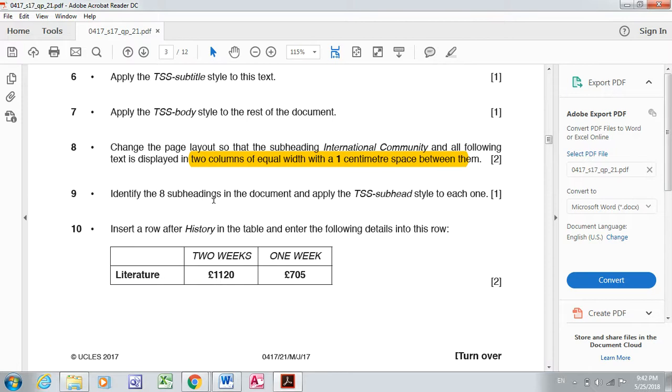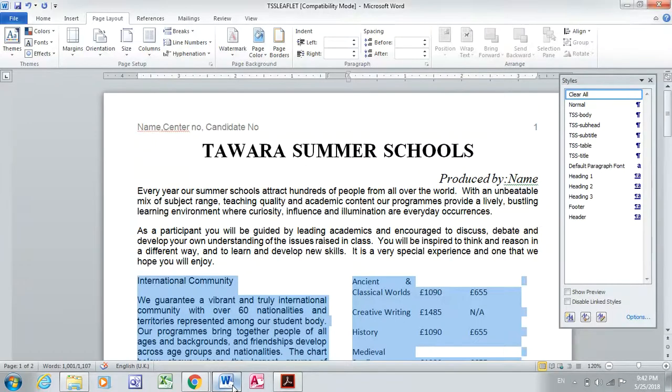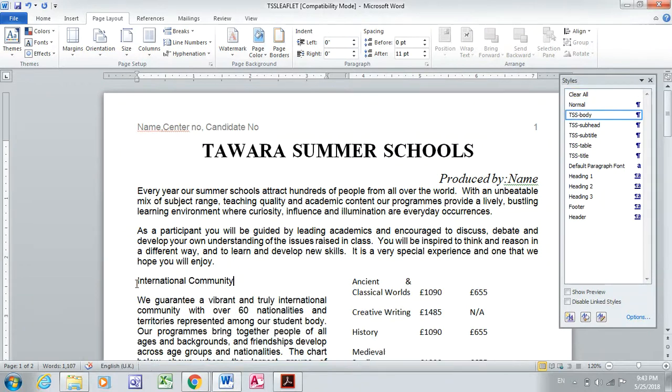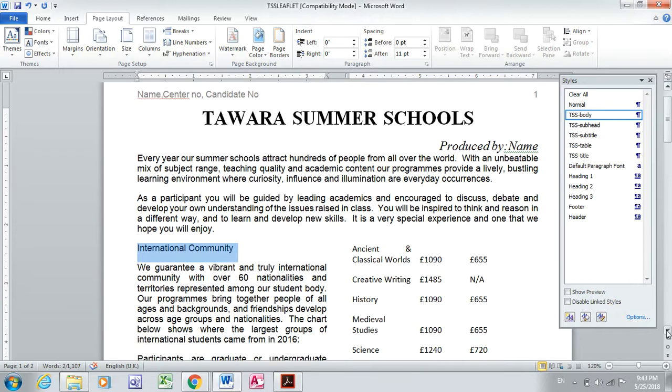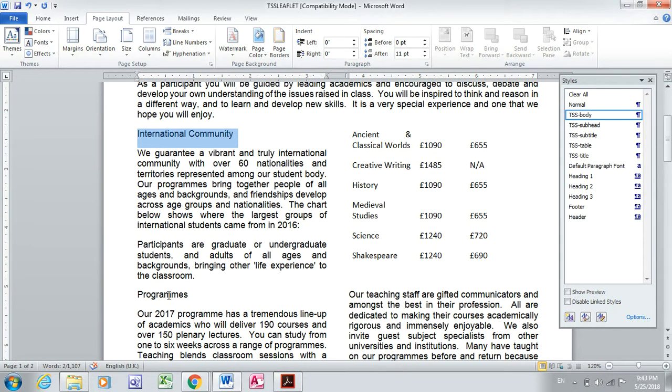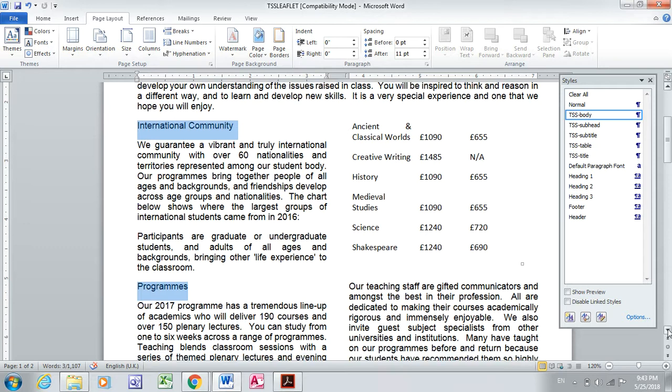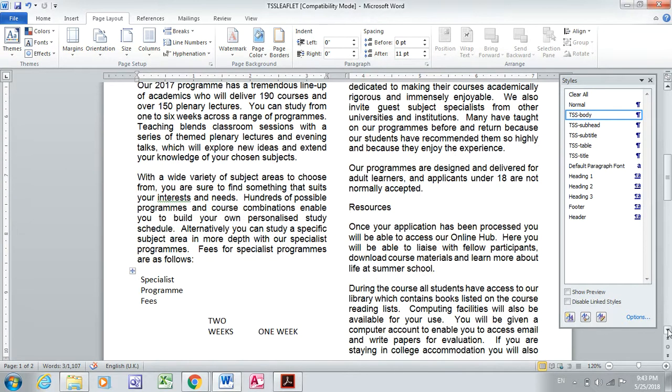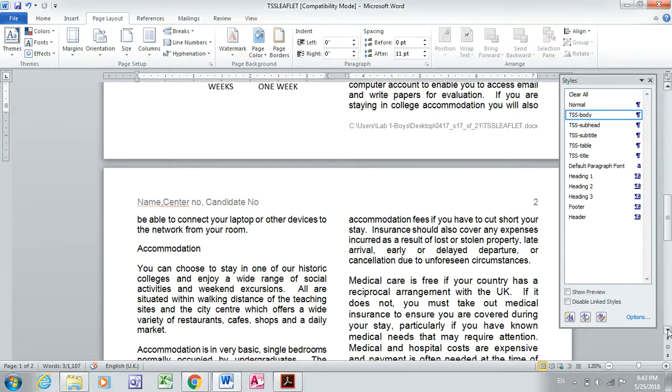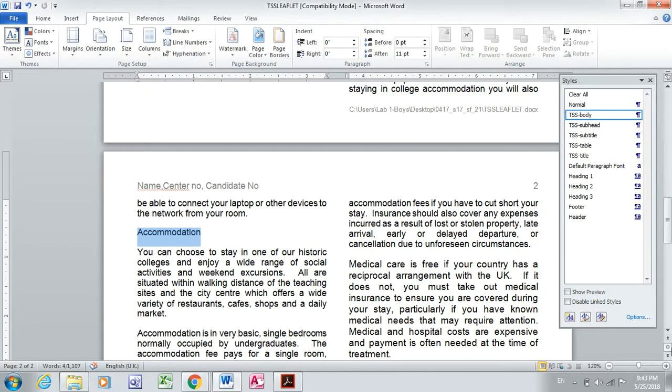Identify 8 subheadings in the document and apply TSS subhead style to each one of them. So we need to identify 8 subheadings and you have to apply TSS subhead style to each one of them. So let's start here. So this is the first one. Select it, keep the control key pressed. The first subheading, second, third,